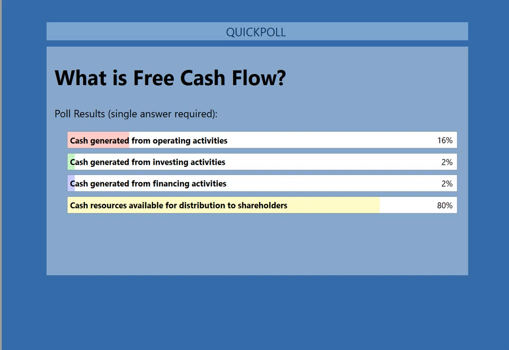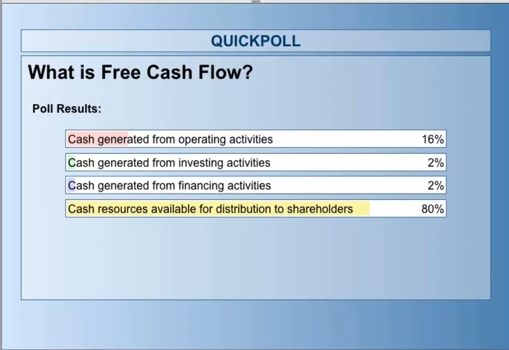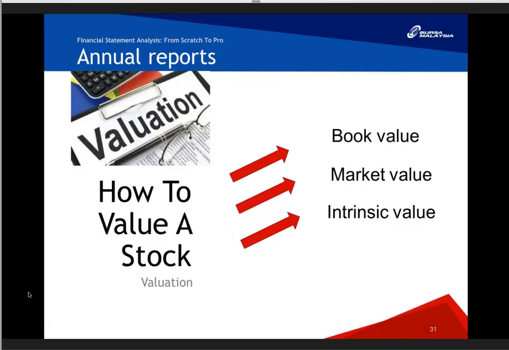Now maybe we should talk more about this free cash flow. I understand that it is really harder for us to understand free cash flow. But from the definition that you just put across, the cash resources available to distribute to the shareholders. So when we calculate free cash flow, we are essentially taking the operation cash flow and minusing the investing, the capital expenditure. So if any cash is generated from operation activities, so long as we minus out whatever we're going to invest for the future, the remaining cash is the one that we can distribute to the shareholders